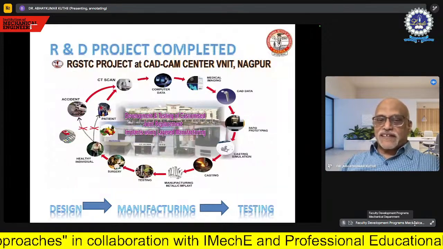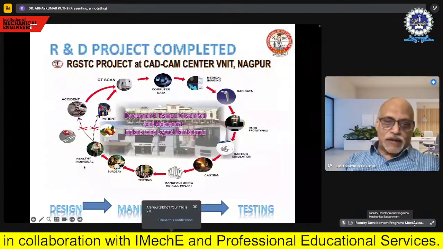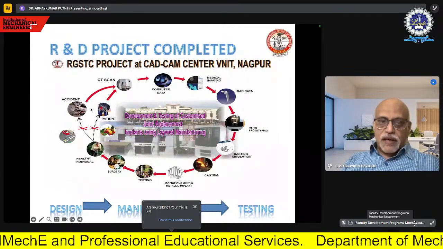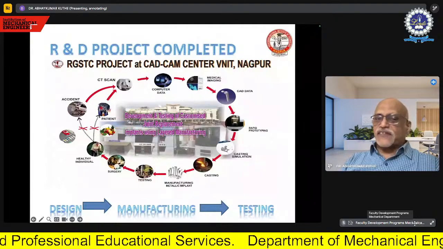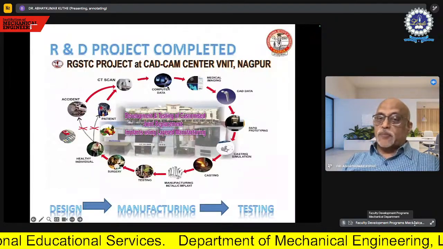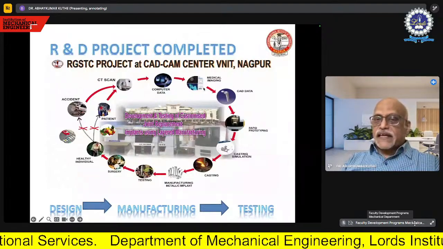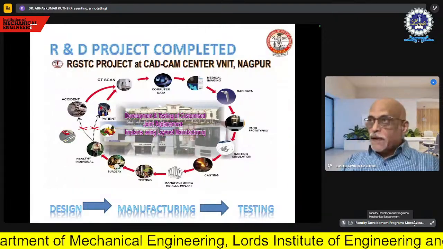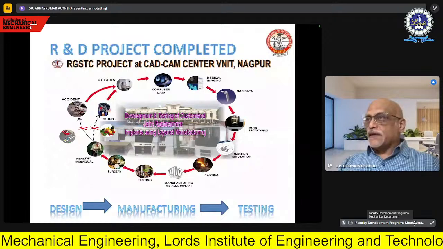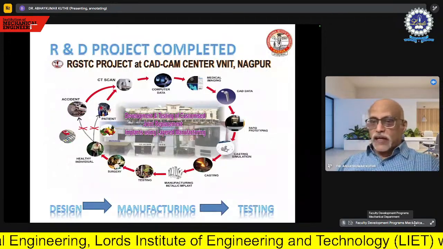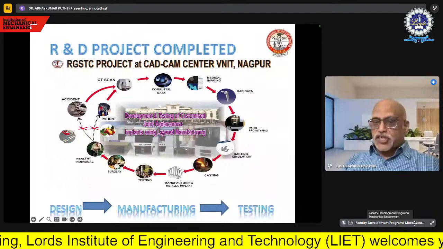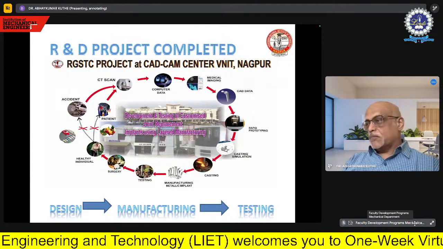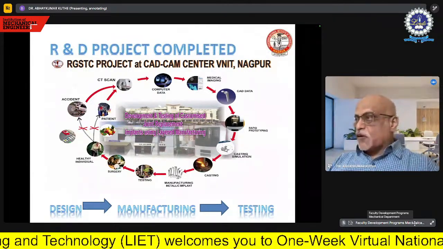If you look at this particular project, it is like a cycle. We don't want that cycle to be completed. That means we don't want a healthy individual to meet with the accident or the patient. But if at all it happens, then you have to take a CT scan of the patient, get its computer data, ultimately get the medical imaging and see that the CAD data is possible for you to develop. That means getting a computer-aided design data of a medical organ and then send it to the rapid prototyping machine. And this rapid prototyping machine will actually help us in getting the medical model in physical form, to which we can call it the pattern.